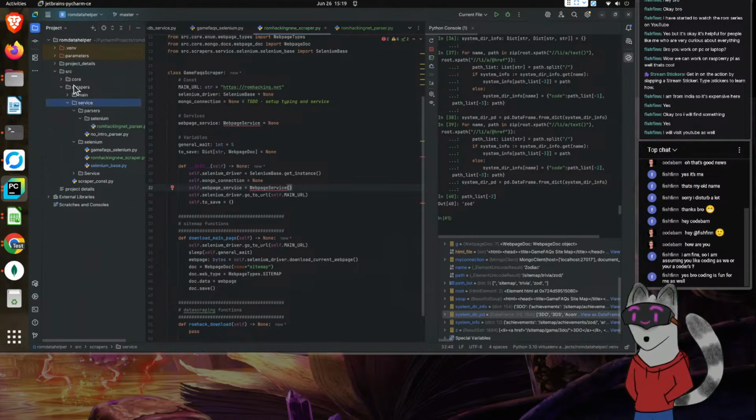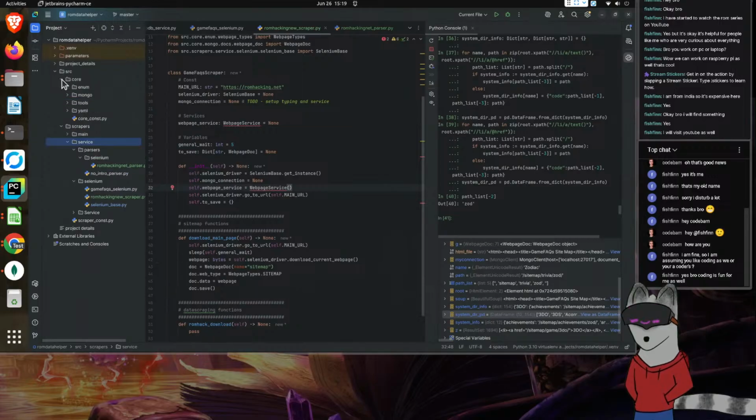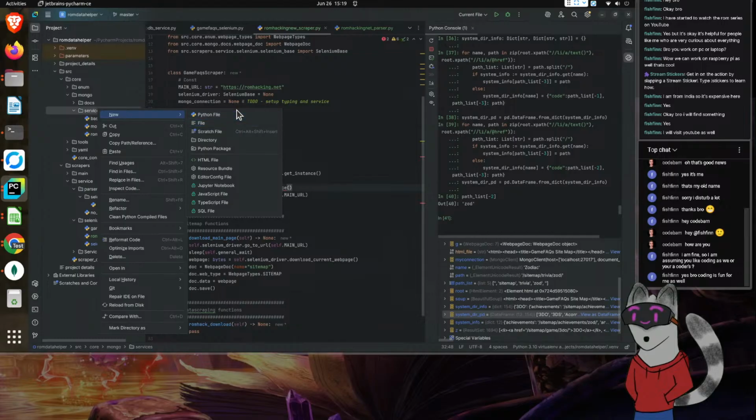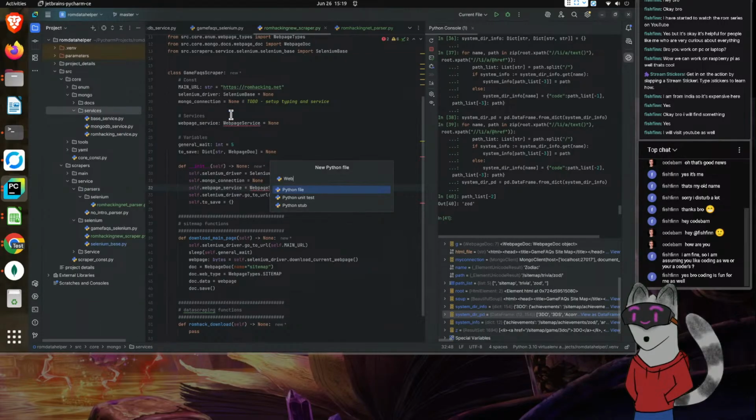So we have, this is the scrapers. We should probably put it in the core for now. So that's the ROM hacking server. So web page service should be here. Oh, we should try and keep things in their proper formatting.